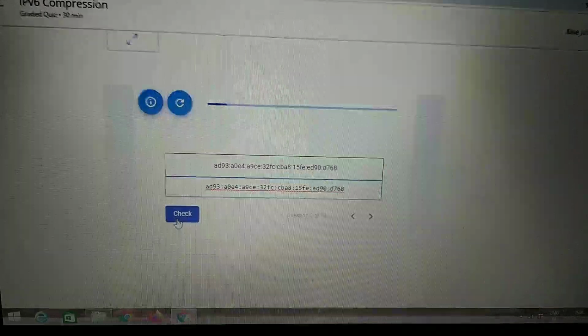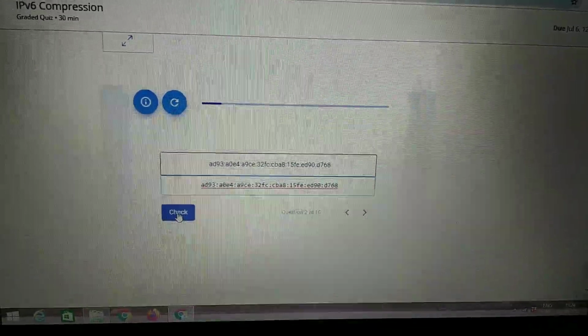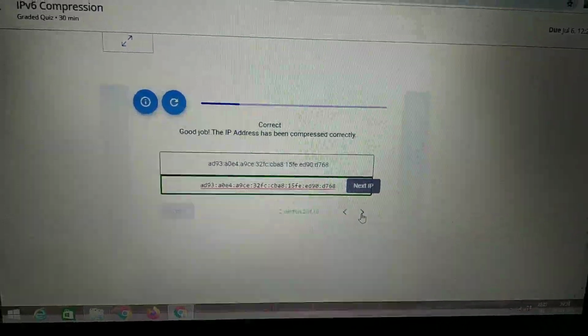Here there are no zeros, so we can continue. Check it's correct. In the similar way